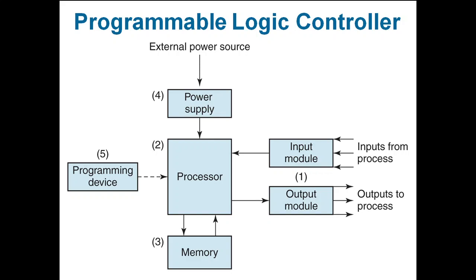Then in the last we'll see the diagram of the PLC, the logical controller diagram. You can see it has a processor, memory, it requires a power supply, it has a programming device, and input and output are attached to this processor. So power supply is always required. Then you have a separate programming device. You can program the complete sequence of operations. Then you send that program to the processor. That program is stored in memory.